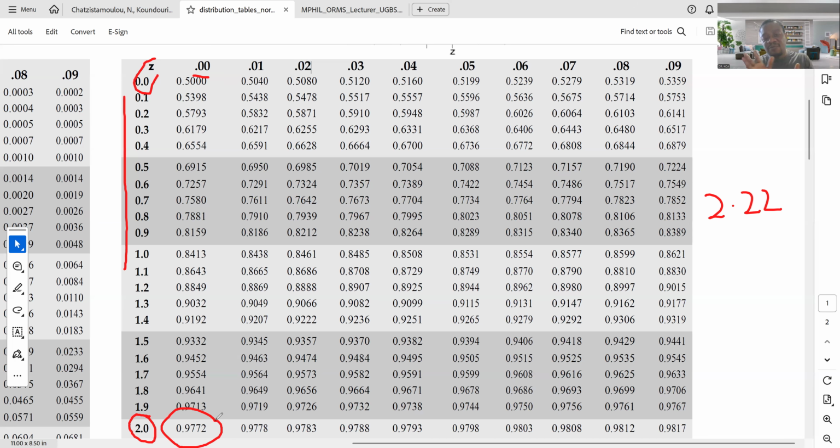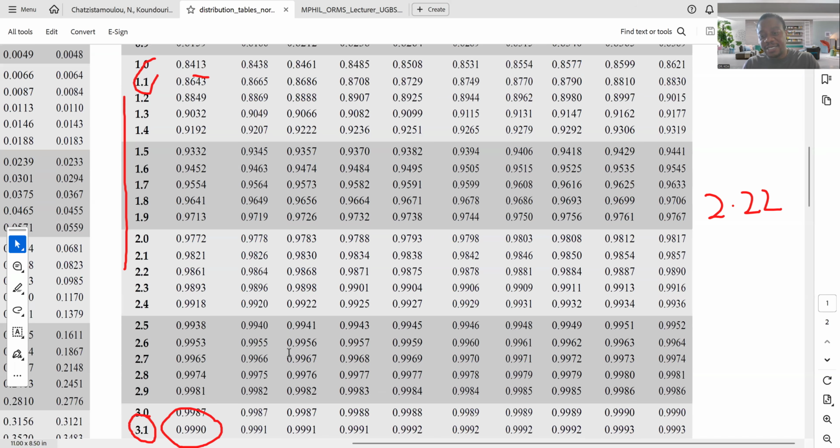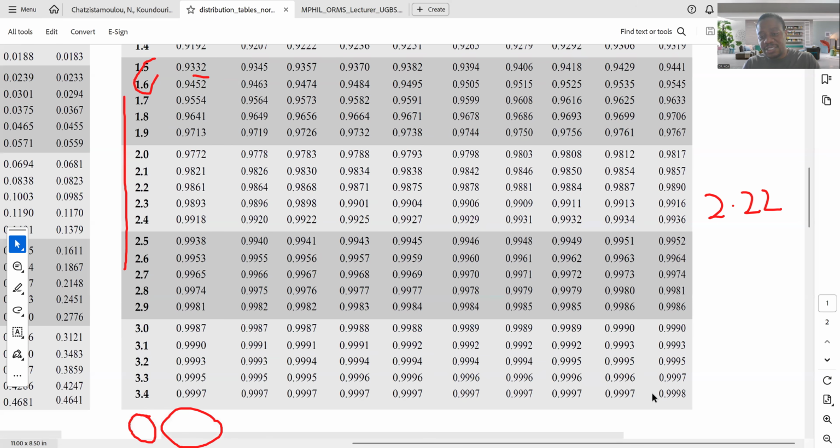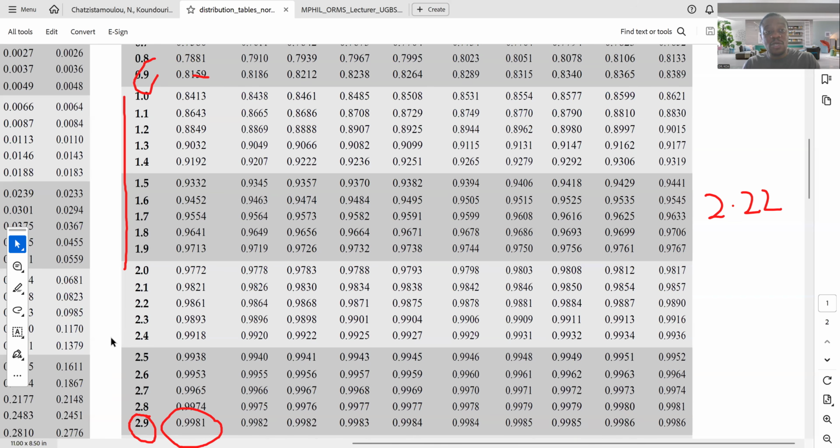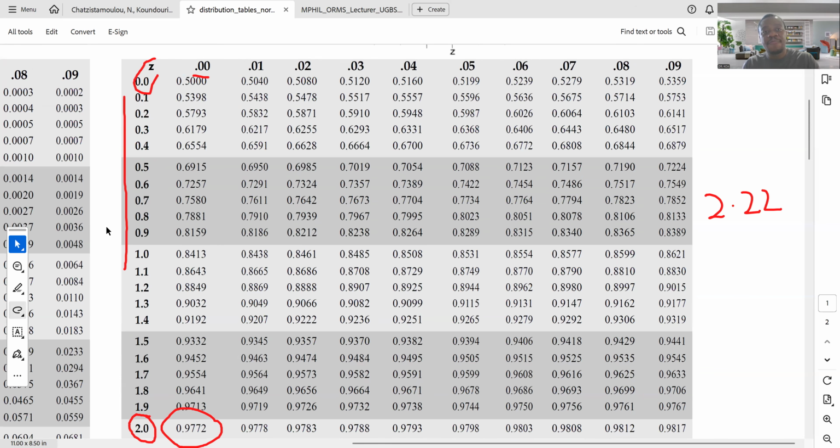Now, if you look at the direction of the movement, we don't have to subtract this from anything, and we get 0.977. We got it. This particular table requires that you subtract it from 1, because the table here goes all the way up to 1. It's not like the other table that we used previously. You can see that the last number here is 0.99998, which is approximately 1. You're going to see why this is so very soon. But first, this is your answer, 0.9772.